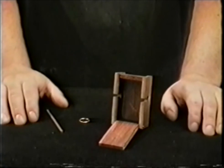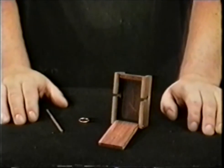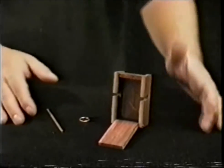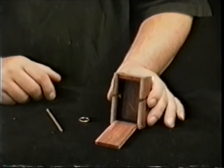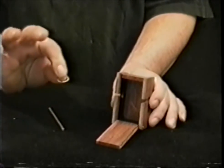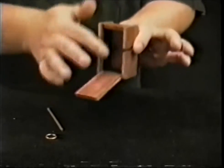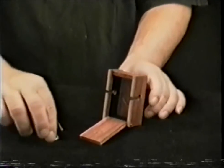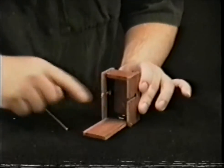This is called the Ring and Box Mystery. It's a new addition to our exclusive wooden collectible series. It's actually a very old effect, but we decided to bring it back because it was pretty darn cute. You show a little brass ring and a wooden box. You can show the box on all sides. The spectator can even handle it. You take the ring and put it right here in the bottom of the box, just like that, and